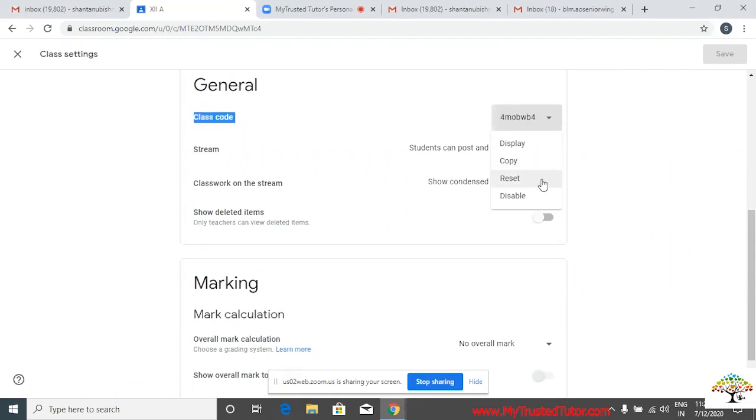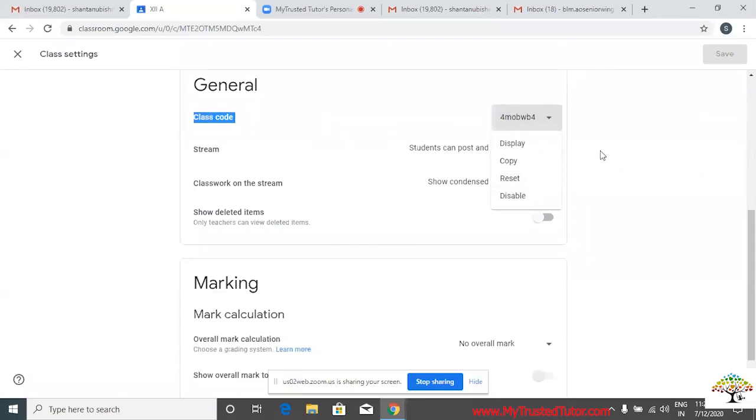This is because suppose I have created a class at 11 a.m. and I have sent invitations to many people. Suppose I have sent invitations to 50 people. Then suddenly I realized I have sent wrong information in this class. I have sent a wrong assignment. There are two options. I can also see that only a few students have responded till now.